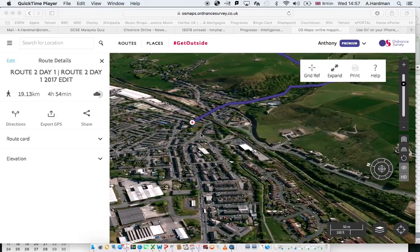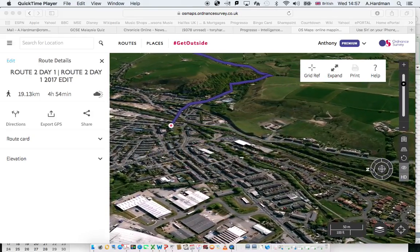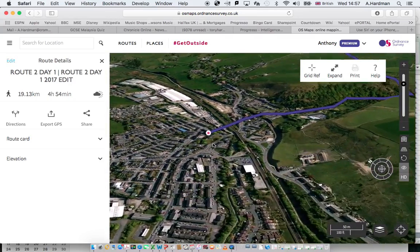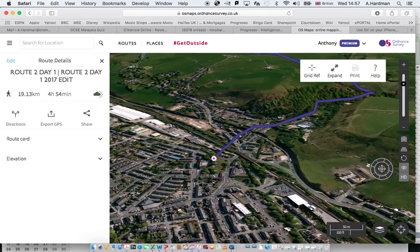Okay, this is Crompton House School Bronze Duke of Edinburgh's Award Expedition Route 2, Day 1. You're starting your route here from Littleborough, actually starting from the red dot there, which is Holy Trinity Church in the centre of Littleborough. Just a quick disclaimer here that the blue line might not correspond exactly with the route